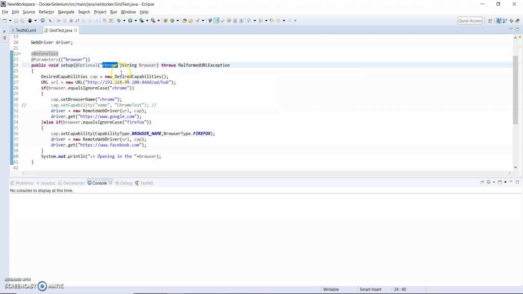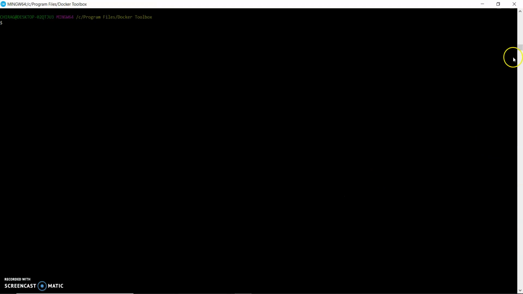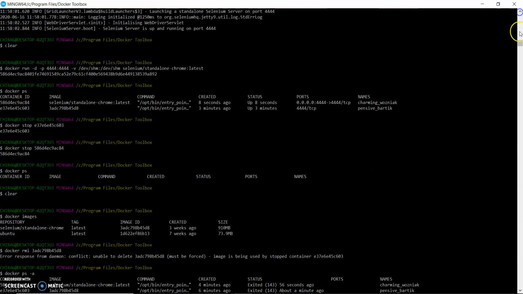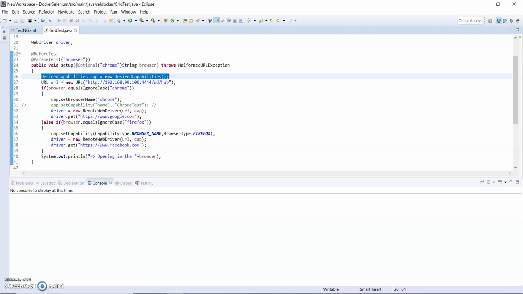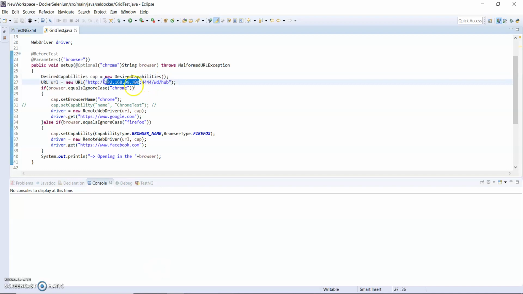If I do not pass any parameter, then it will take Chrome as the default. Here I take a string, desired capabilities and a URL. This URL is my Docker URL, so you can use your localhost here with port 4444, /wd/hub.